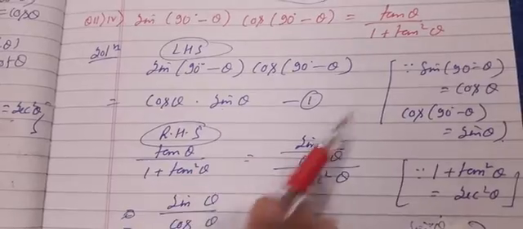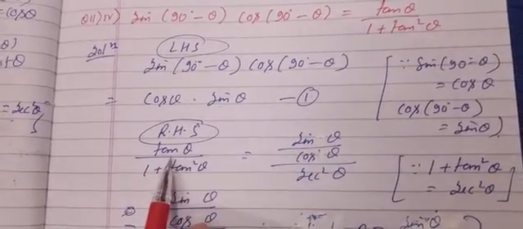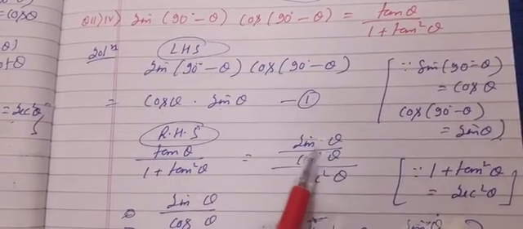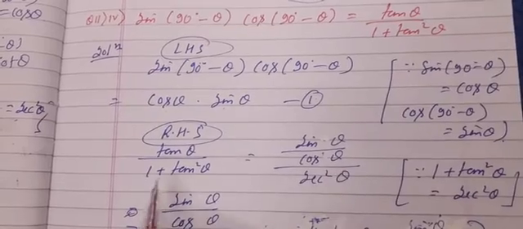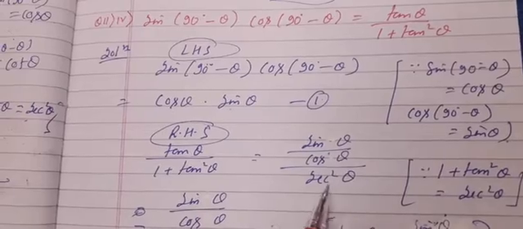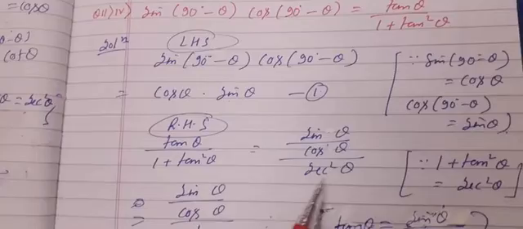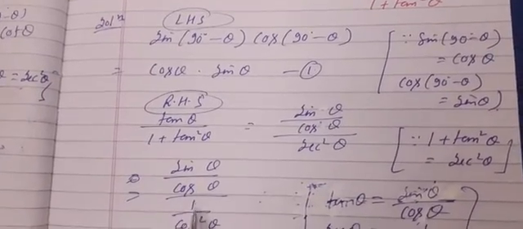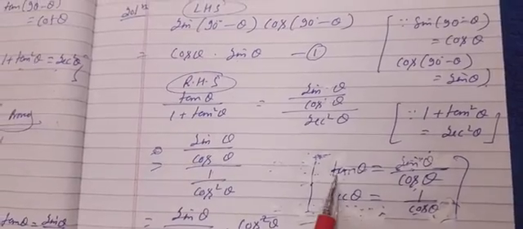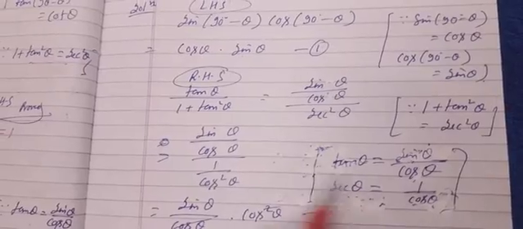After that, what we'll do is start from our RHS and try to bring it to this one. So tan theta upon 1 plus tan square theta. Instead of writing tan theta, I have written sin theta upon cos theta. And we know that 1 plus tan square theta is sec square theta, mentioned here also. So we did it. Then sin theta by cos theta as it is, and instead of writing sec square theta, I have written 1 by cos square theta, because sec theta is equal to 1 by cos theta, and tan theta is equal to sin theta by cos theta. Whatever we have used, we just mentioned here.